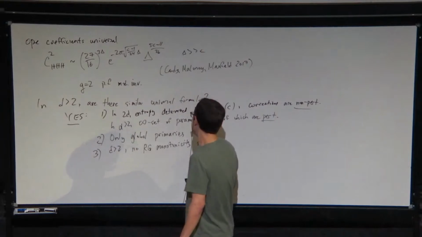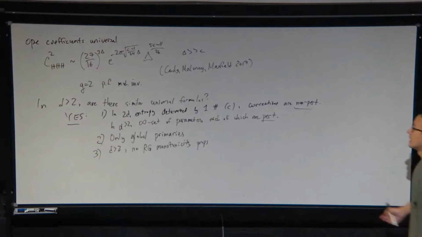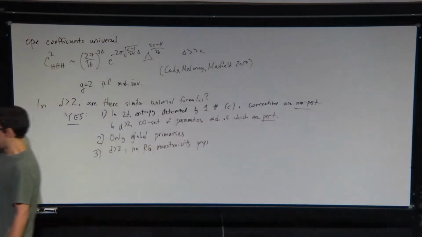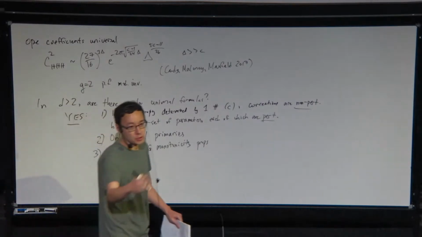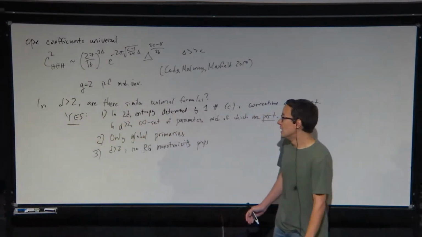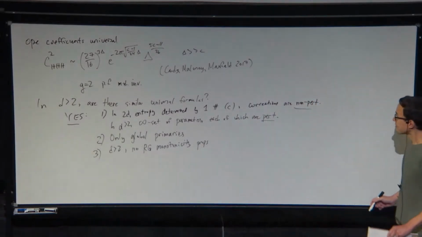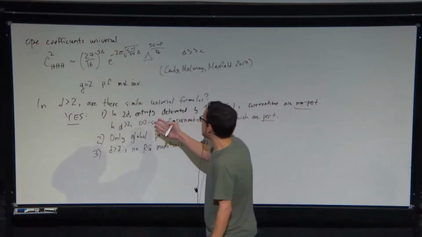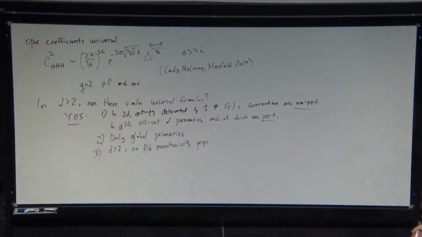So in 2 dimensions, there's famously the c theorem proved by, I guess, Zamolodchikov a long time ago, that this central charge, this parameter in the Cardy formula, always decreases under RG flow. So the theories in the IR always have a smaller c than in the UV, and these parameters will not necessarily have any RG monotonicity properties. But despite these differences, there are still going to be some universal formulas for things like the entropy and the OPE coefficients for higher d CFTs. So that's where we're going, and let me then just get into the meat of it.